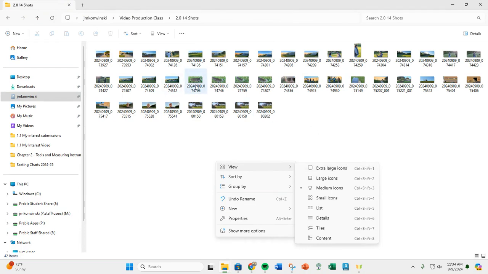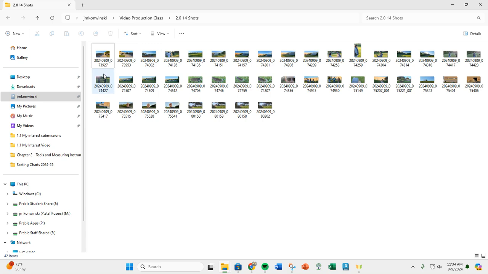I'm not going to do that right now because I have some students from my class on there and I want to maintain some of their level of privacy. But what we want to do now is go through and find our pictures and start labeling them. For instance, I have an extreme close-up